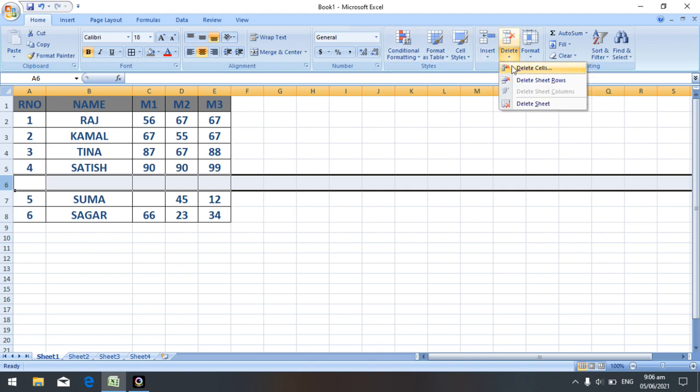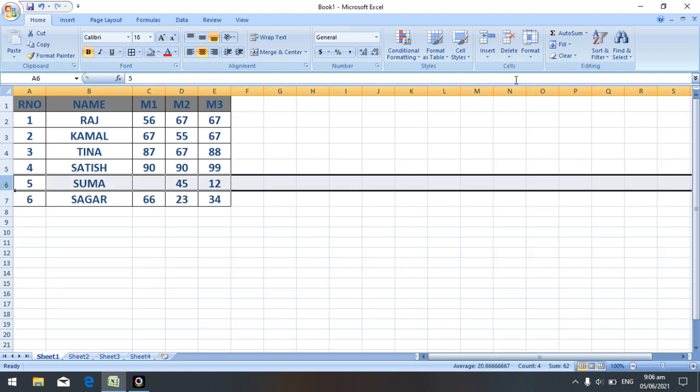So Delete Sheet Rows. If I want to insert an extra column, it comes on the left side, and if you want to insert a new row, it comes on the top side. And if you want to delete, it deletes only the selected row and selected column.